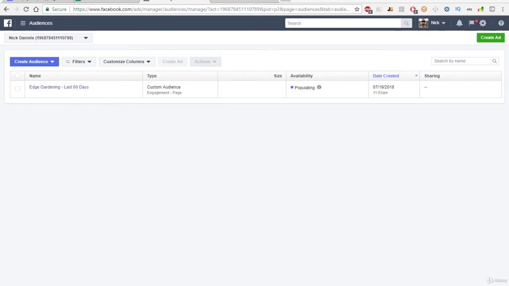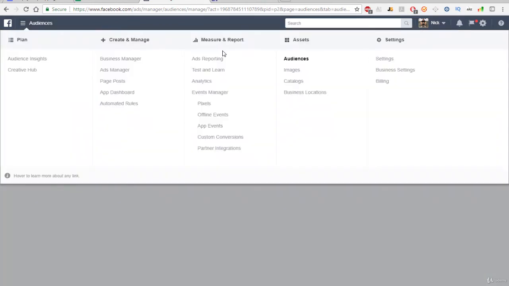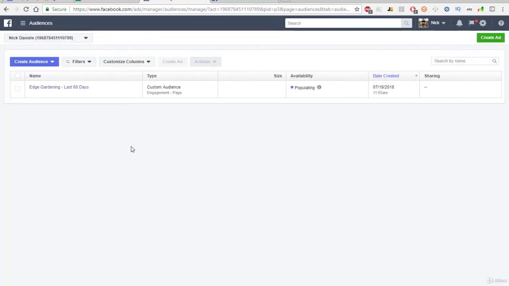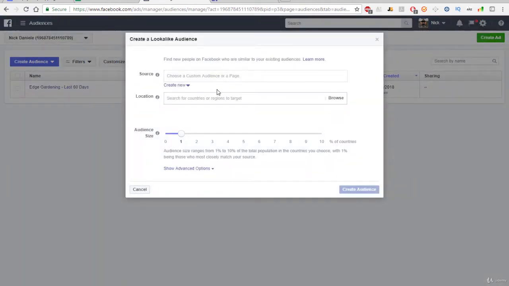So what we can do while this is loading up is talk a little bit about lookalike audiences and why you need to be using this as soon as you possibly can, right? To get to this page, all you have to do is hit audience, or hit this little button, head over to audiences, right? We are right here, but what you would do to create a lookalike audience is hit create audience, lookalike audience, right? And what these lookalike audiences actually are is people who are similar to your existing audience,